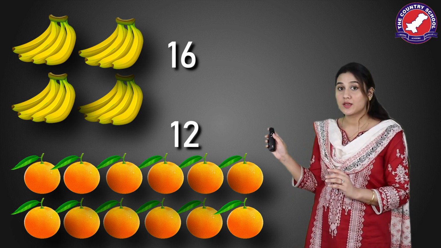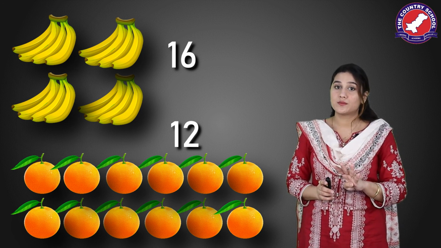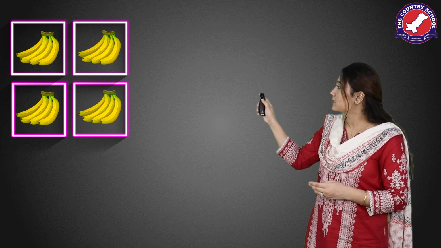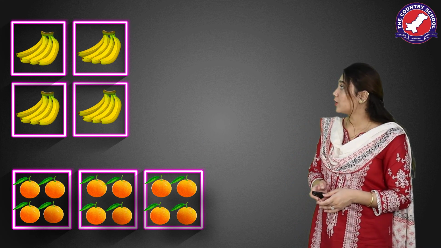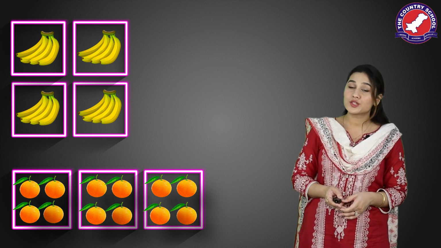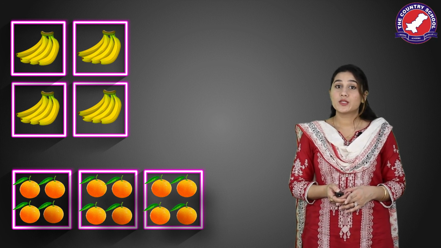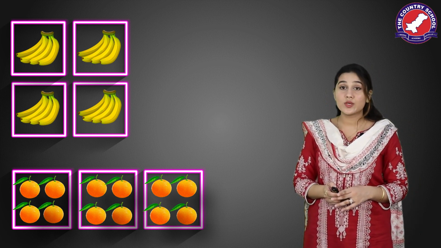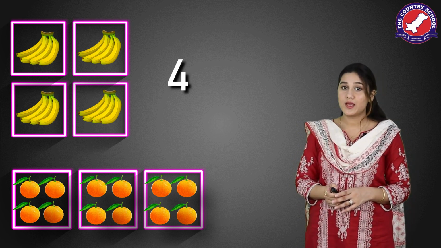We'll put the bananas and the oranges separately into groups of 4 items. We'll put the bananas in groups of 4 each. 4 bananas in one group and so on. Similarly, we'll do the same with oranges. Now we have each group with 4 items, be it bananas or oranges. Can you see this? When we put the bananas and oranges in groups of 4 items, how many groups of bananas do we get? Yes, there are 4 groups of bananas and 3 groups of